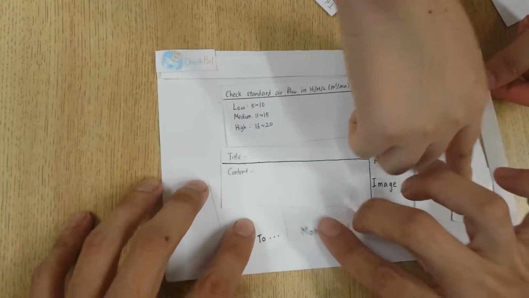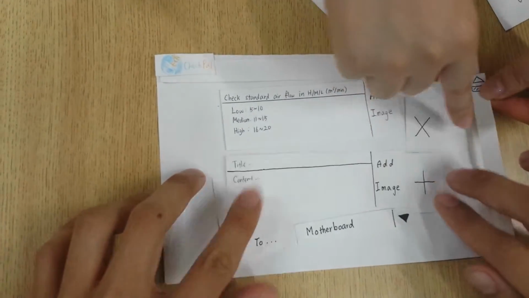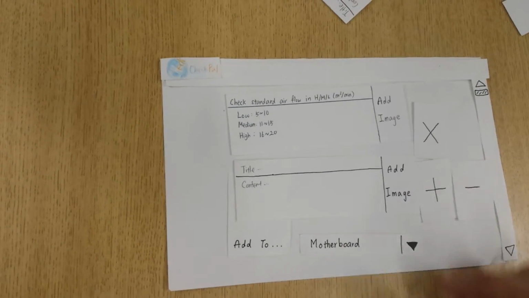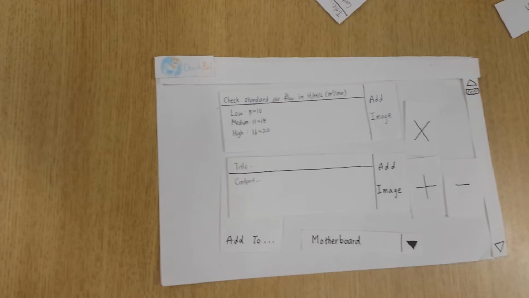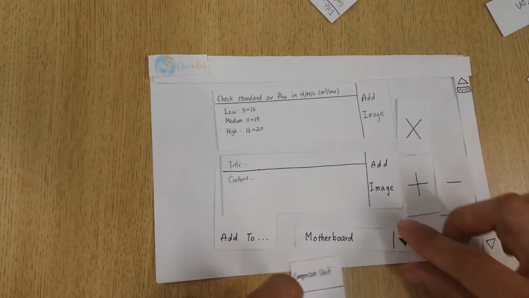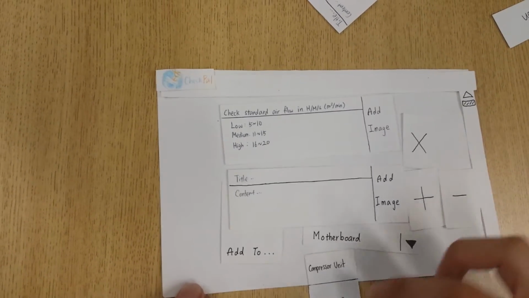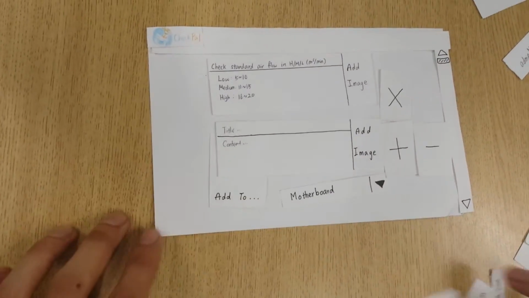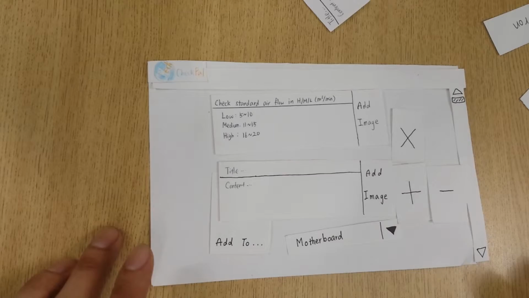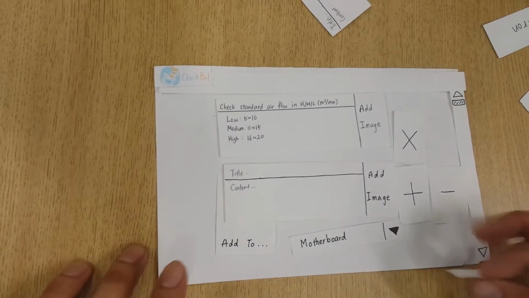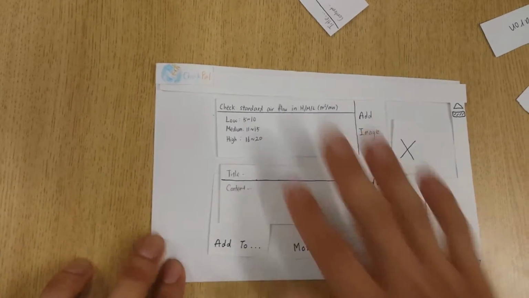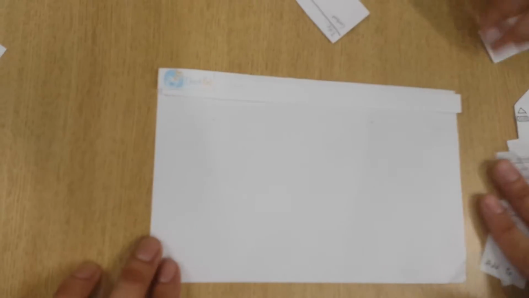And the page moves up, and you can see, and he gets to choose which type of equipment that he wants to add the list to. So there's a drop down. So he's using the motherboard, so it sticks to the default motherboard, and he confirms the list. So on confirming, he is brought to the